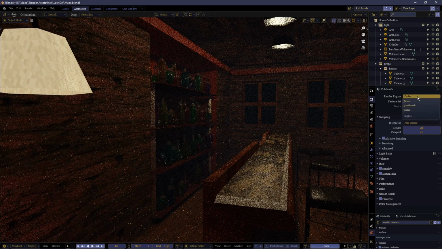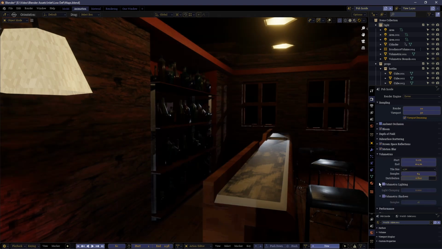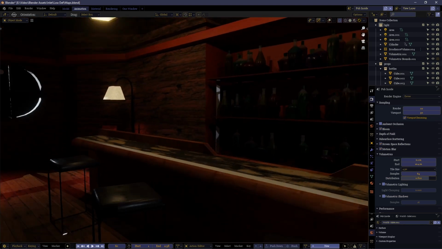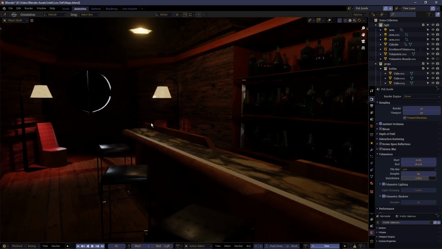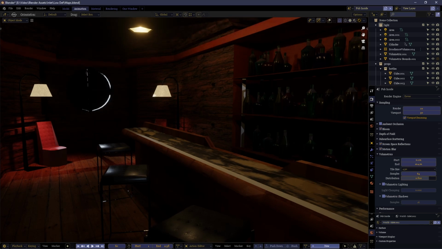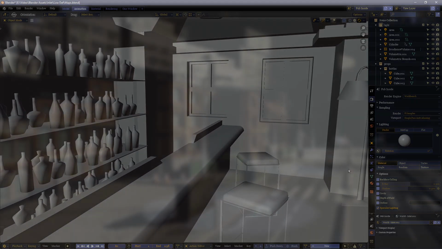The other alternative you have is Eevee. Now this system is a biased rendering engine, it renders much quicker, it's also less accurate though. But if you're rendering anything longer than a very short animation, or if you don't have the time to wait, it's the best option for exporting a video so it can be uploadable to YouTube or reviewable or whatever you choose to do with it. Now even if it's much quicker, there's still some steps you can make to speed up the process of rendering and make it run even faster.